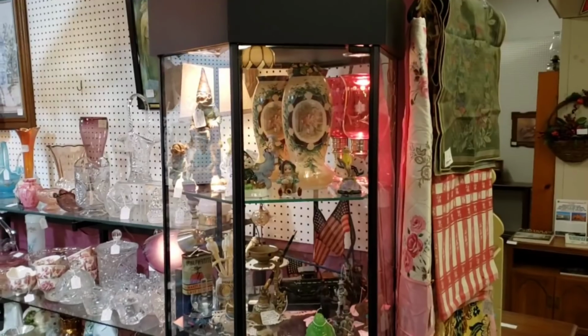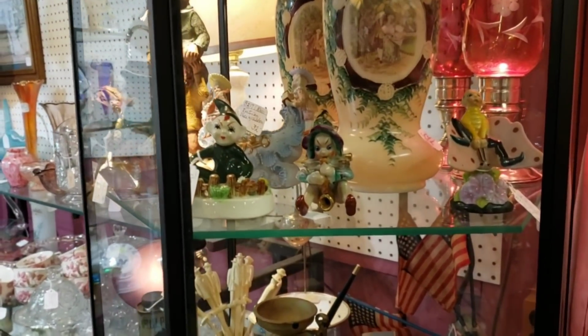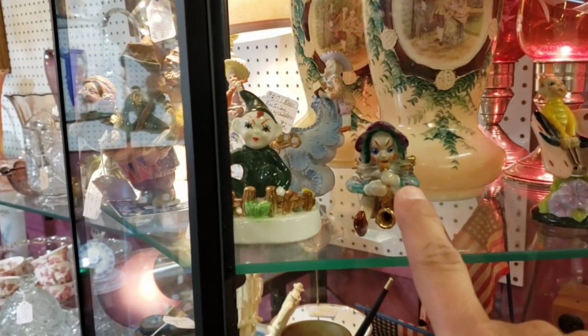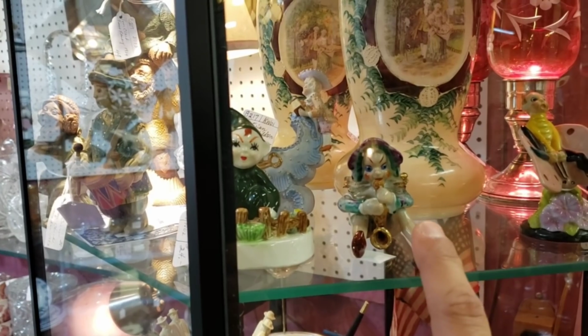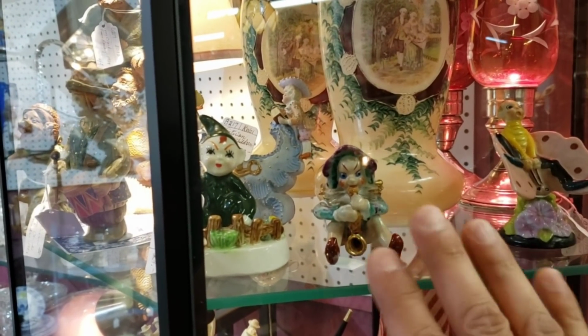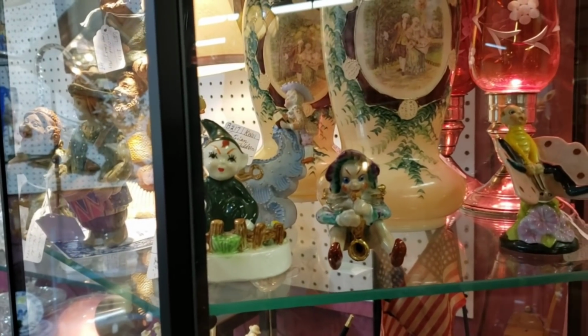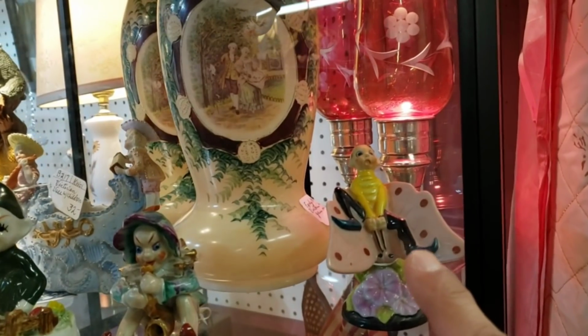We're gonna jump. Okay, we're in Fairyland right now. Pixieland. This little particular piece here, he is made in Occupied Japan. He's playing the saxophone. They did a number of those pieces. Their faces are very, very creepy. I actually did have a number of them, and I did sell them because I am more attracted to